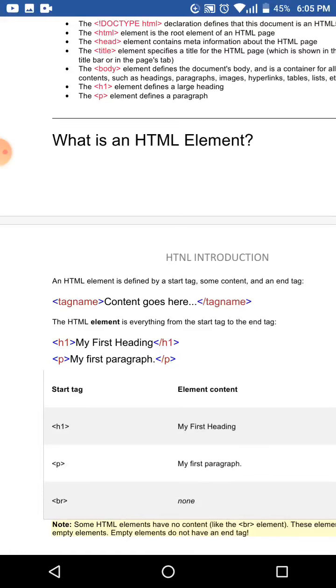Suppose I want to make some formatting tags. What are the formatting tags? We know the different kinds of formatting tags exist in your ICT papers. What are those? Some bold, italic, I want to keep some strike, otherwise I want to draw some table. So everything we will create here.